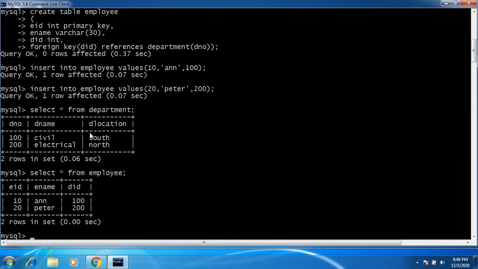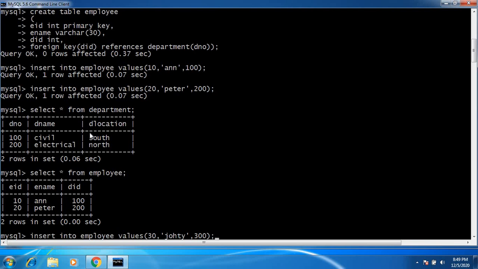You can see the department table as well as the employee table. Now if I want to insert some other values inside the employee, insert into employee values, I take this as 30 and insert 300 as the department ID.